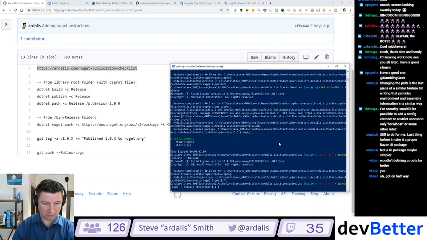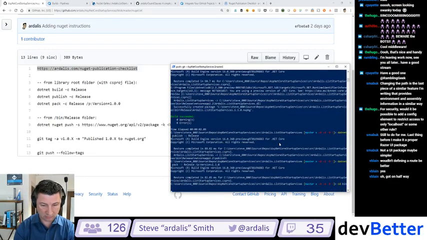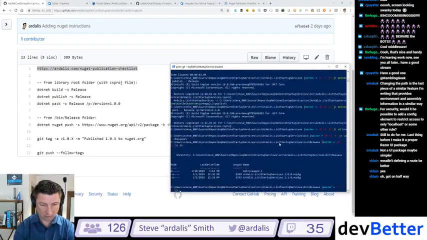Like that. And that works. Now we're going to change directory to bin/release, and we should see both our nupkg files here. There's our new one. Now we're going to do a dotnet nuget push